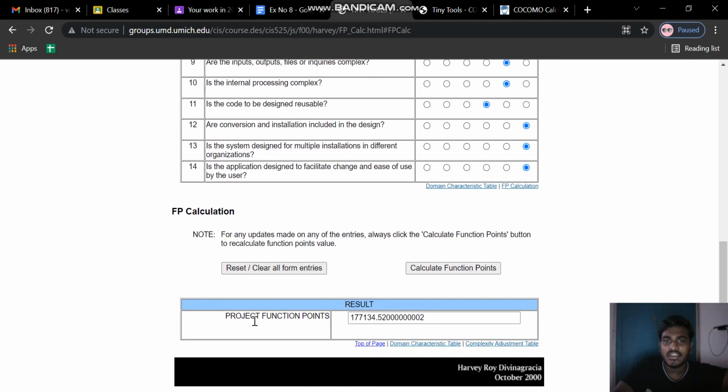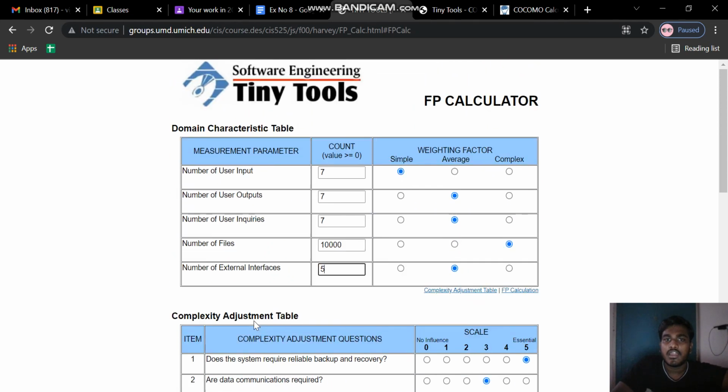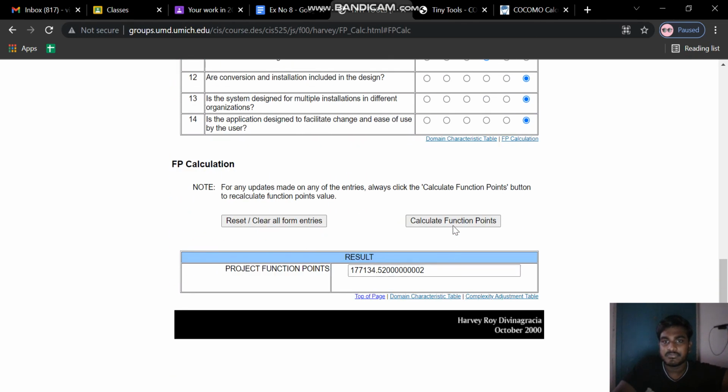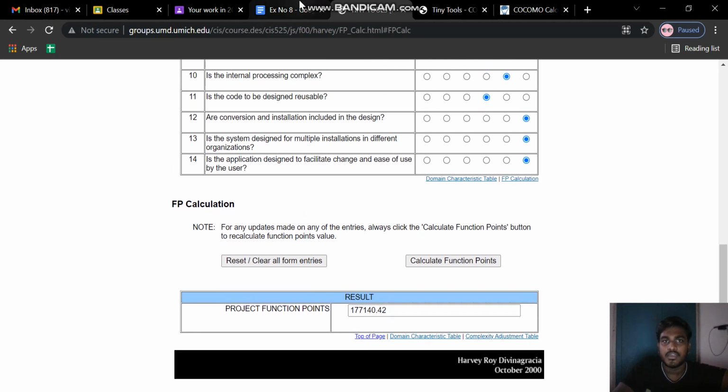Now coming to FP calculation. Based on the details entered here, the FP calculation is made. See here, FP is being calculated, that is 177,140.42.